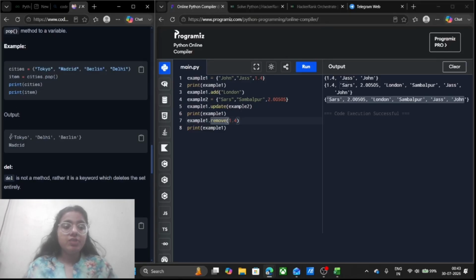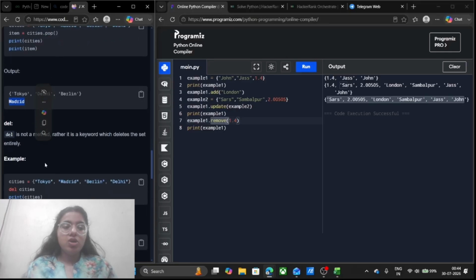We expected the last item, Delhi, but Delhi is not popped from the cities variable. Instead, Madrid is popped, so it is not preferable to use the pop